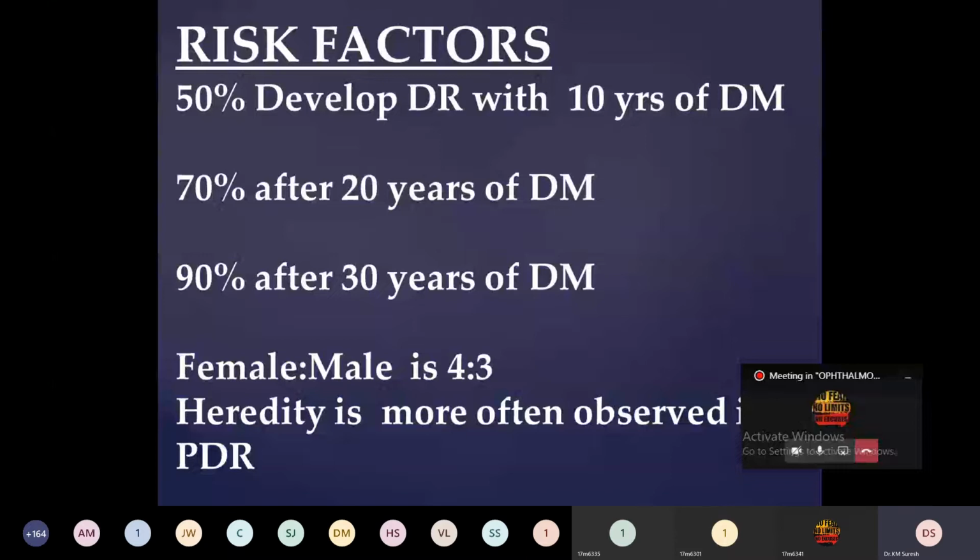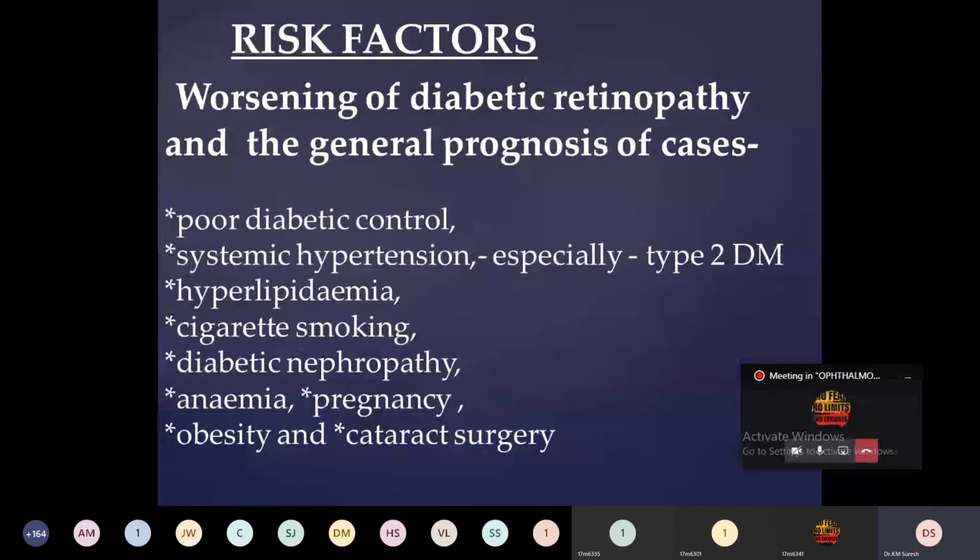The risk factors. Apart from diabetes alone, there are some risk factors. Worsening of diabetic retinopathy and even the prognosis of diabetic retinopathy are influenced by comorbidities like systemic hypertension. Then if the patient is having poor diabetic control, there can be diabetic retinopathy changes, hyperlipidemia, smoking, associated diabetic nephropathy, anemia, pregnancy, obesity, and after cataract surgery also there will be acceleration of the process of